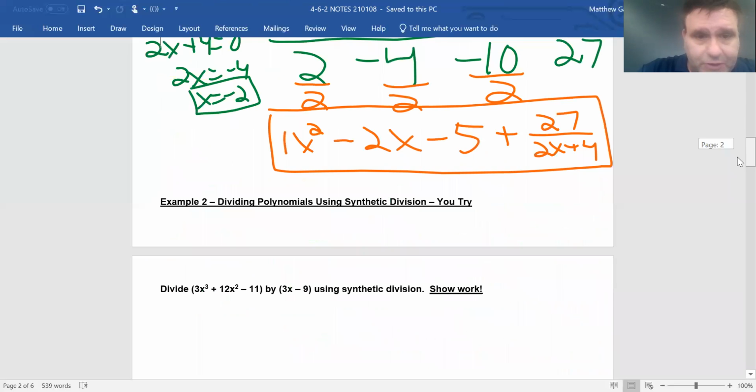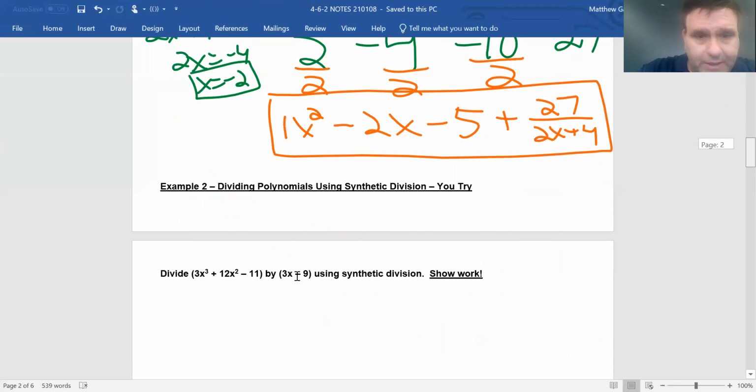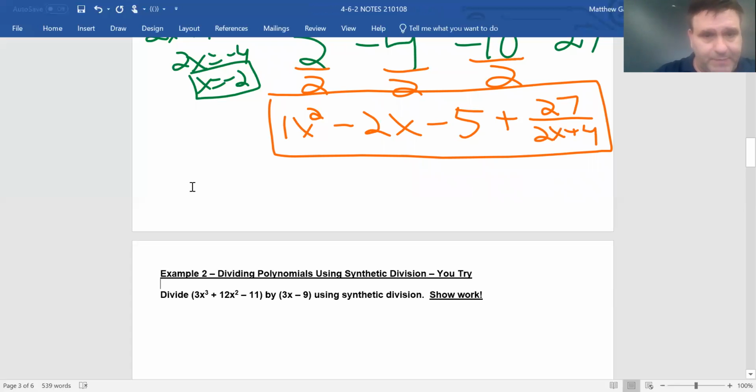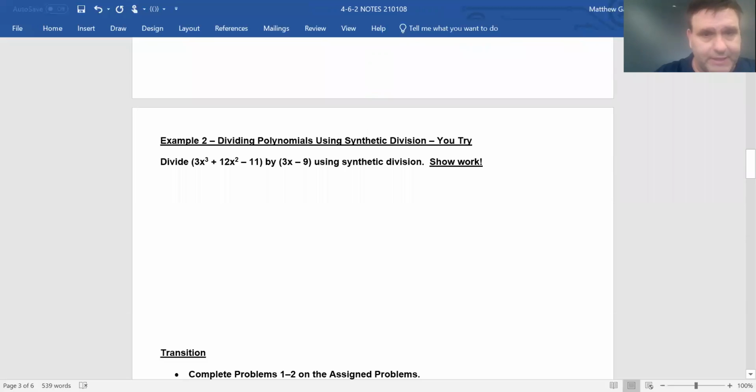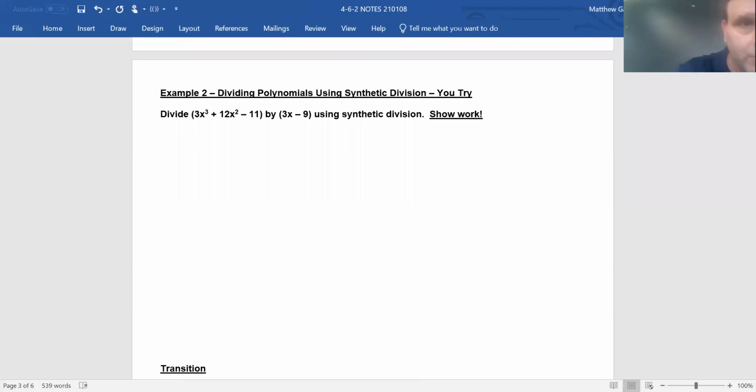When you're doing example 2, you're going to divide those remaining coefficients by 3. Okay, so be back to go over this. Let's just try to get it set up first. So when we get this set up,